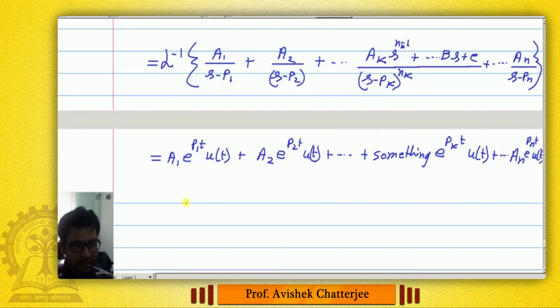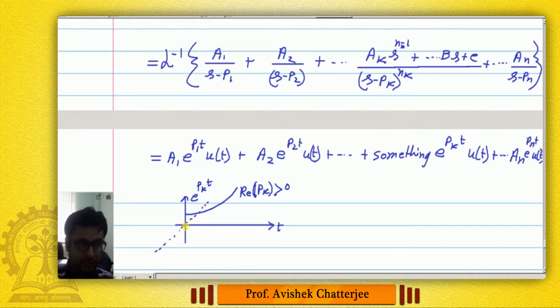Now consider any signal e to the power p_k t. If p_k is a real positive number, then that signal will be increasing exponentially with time. Okay, this is for the real part of p_k being greater than 0. If it also has an imaginary part, then we cannot draw in this 2D